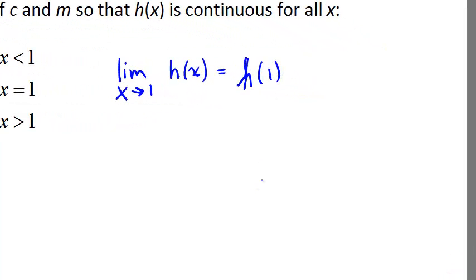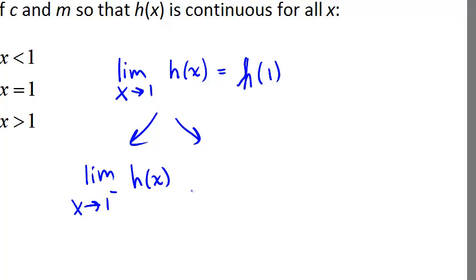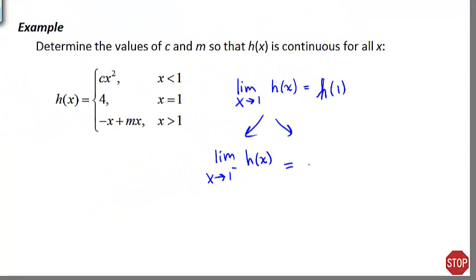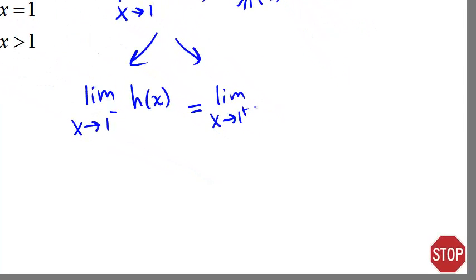And we can unpack this a little bit further and say, okay, the limit means that we need to do the limit as x approaches 1 from the left of our function, and that should be equal to the limit as x approaches 1 from the right of our function,